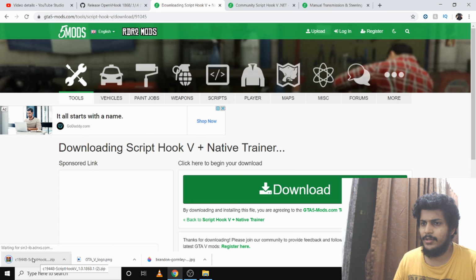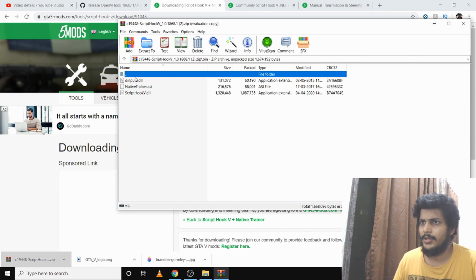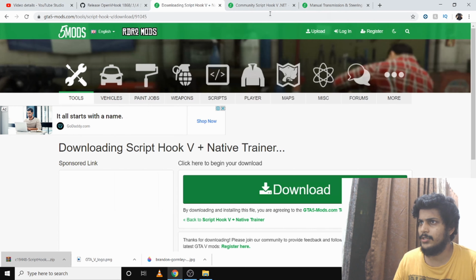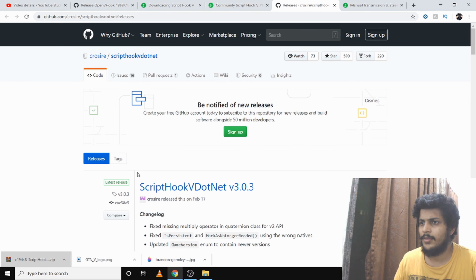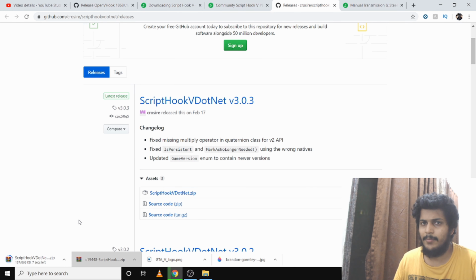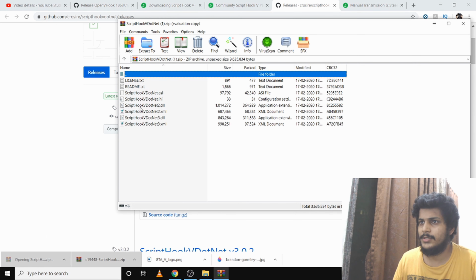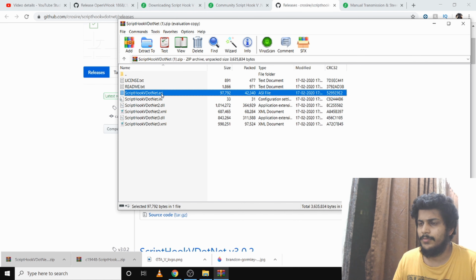So here it's downloaded. There will be an input. You can see this particular one, dinput8.dll. So this is the first one you need to copy, then this one as well. You need to download the zip first. I'm showing you very quickly. Actually, you need to copy it into the GTA 5 folder. There's no confusion in that. So once you extract this, so you can see, just copy this 1 2 3 4. So once you have copy pasted it,